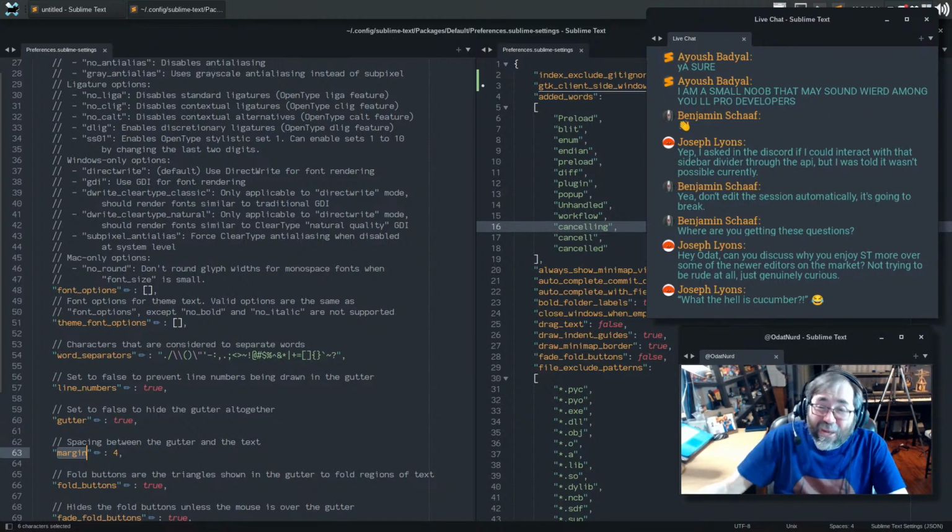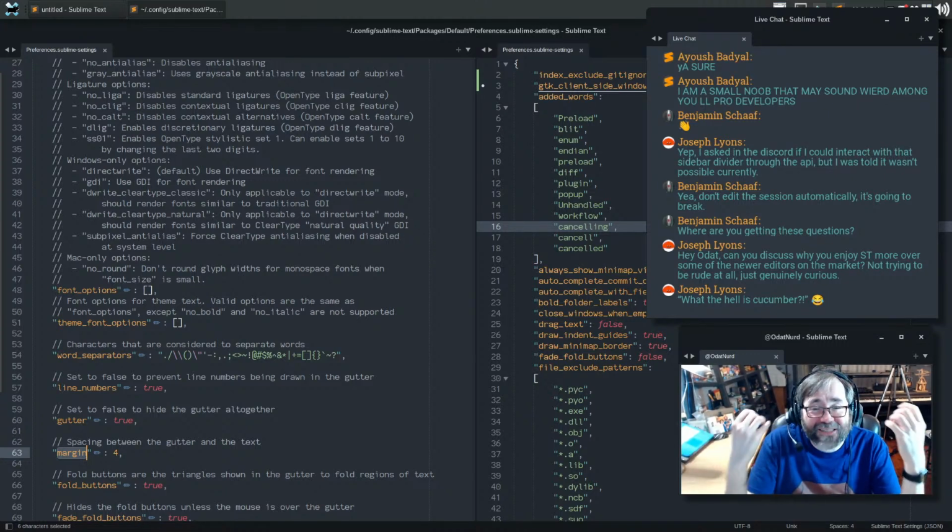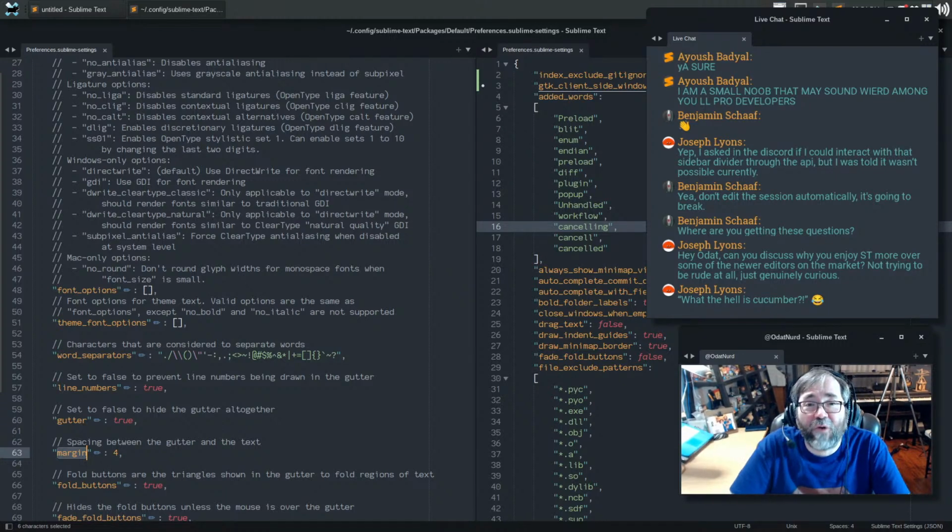You could make it work the way you want to work instead of being forced to work in someone else's workflow. And that just really resonates with me as an excellent idea for software, which is, like I said, why I bought this within, it can't have been more than 24 hours. I'm pretty sure it was the same day that I first started using it that I bought the license.